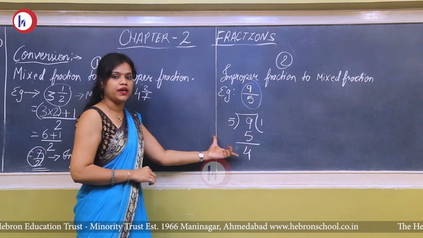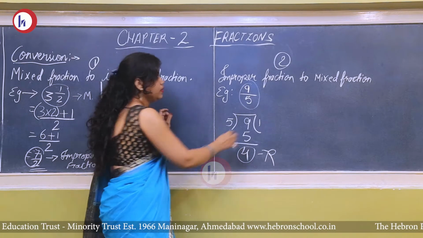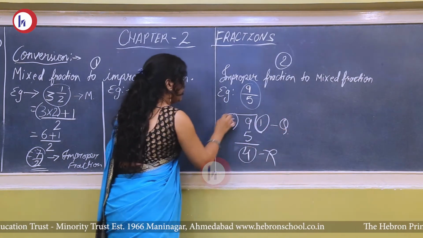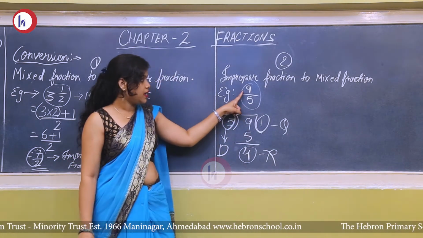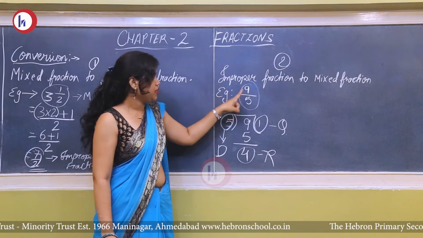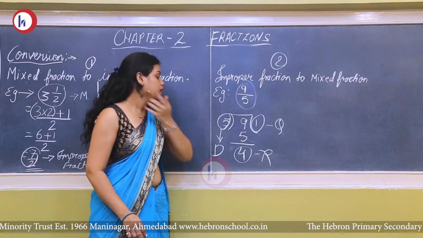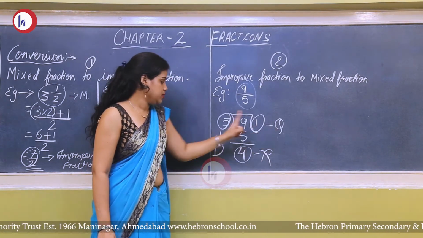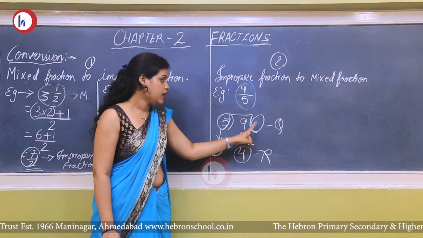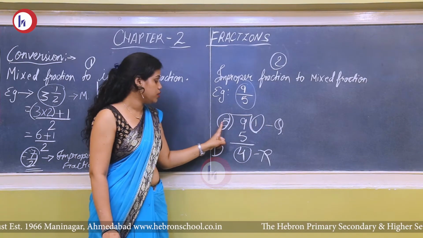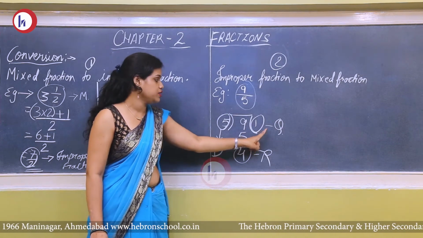Now you know how to divide the numbers. So this is your remainder. This is your quotient and this is your divisor. I am telling you again, when you divide the numerator by the denominator, you will divide like this. Normal division, the way we usually do it. The remainder, quotient and divisor. Don't get confused. The remainder is what is left down below. The number you get by dividing is the quotient, and what you divide by is the divisor.